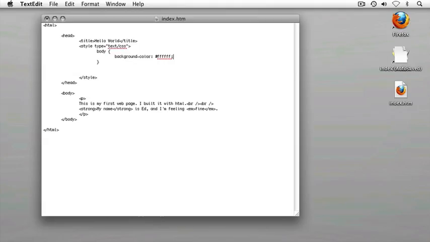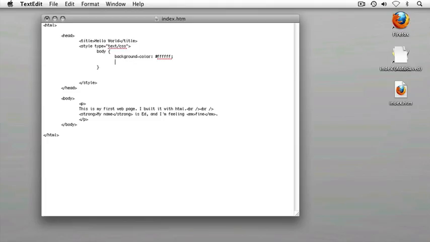Now I'm going to add a few more rules to govern how the body tag should be displayed. I'll hit the return key on my keyboard, tab over 4 times so that my next rule lines up with my first rule, and I'm going to add a little bit of margin on the left, and then another rule to add some margin on the right. The syntax for this property is margin-left, colon, and in this case I'll assign 20% on the left,